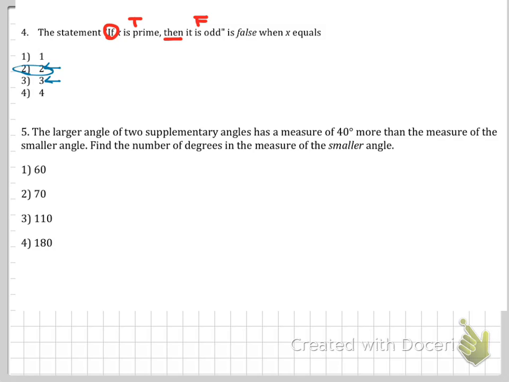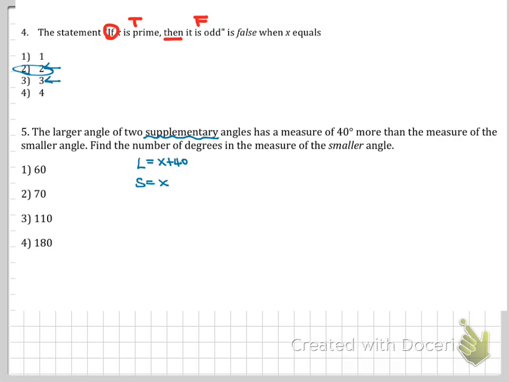Number 5. The larger angle of the 2 supplementary angles has a measure 40 degrees more than the measure of the smaller angle. So if I want to write this one up, larger and then smaller. If the smaller is x, then larger is x plus 40. See, 40 more than the smaller one. Alright. Now, the thing is, since they're supplementary, when we add them up, they have to be